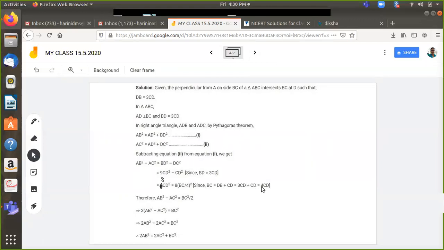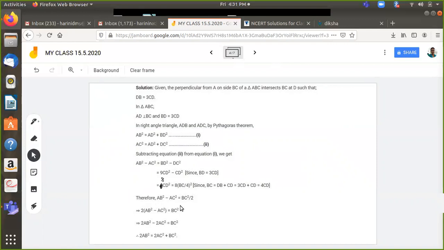All right. So when it becomes 4 times CD, what is that you want? It will become 8 times your BC is equal to 4 times CD, or your CD will be BC by 4. So in the place of CD, I write it as BC by 4 the whole square, which will be BC square by 16. Because the 16 is in the denominator, this 8 in the numerator, I will get the left hand side, that is AB square minus AC square will be equal to your BC square by 2.